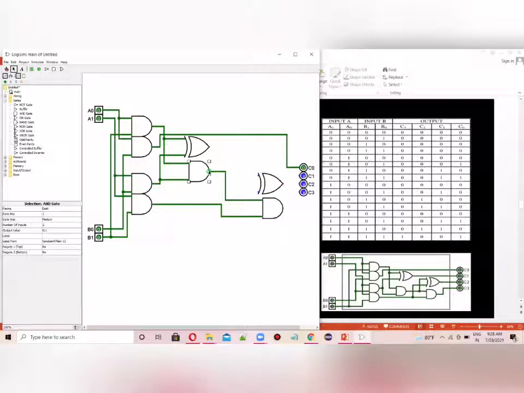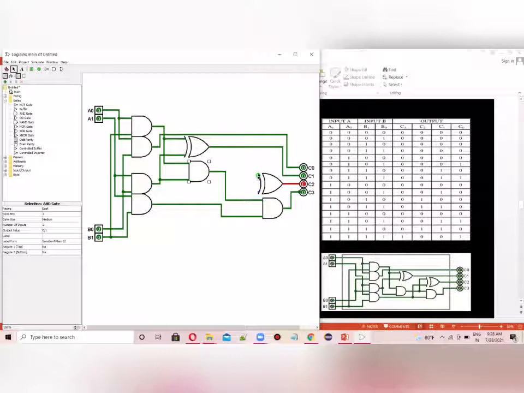Now it is done here, and finally I'll connect this one with C3. Okay, now this one with C2. Okay, now this one with C1. Now it is okay.